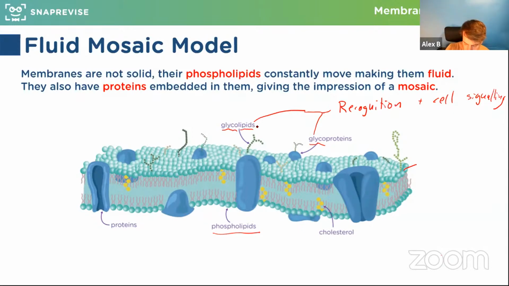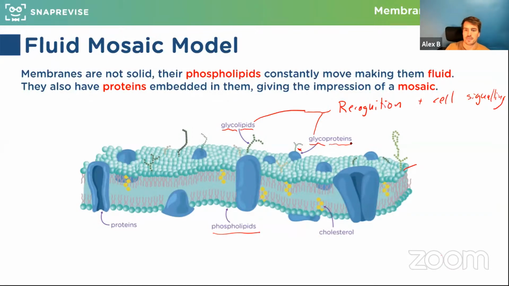In this one, it's attached directly to a phospholipid. So that's why it's a glycolipid. In this one, the carbohydrate chain, which is the bit in green, is attached to a protein. So that's why it's called a glycoprotein. But they both have the same function: cell recognition, cell signaling, binding sites for hormones, that sort